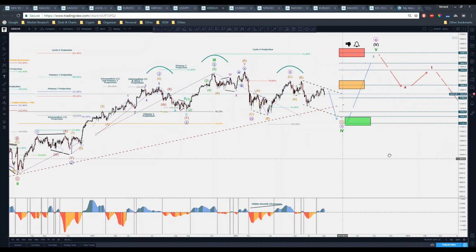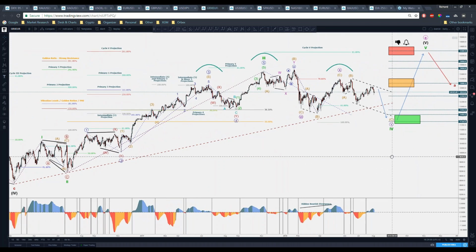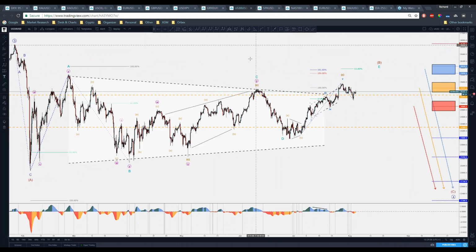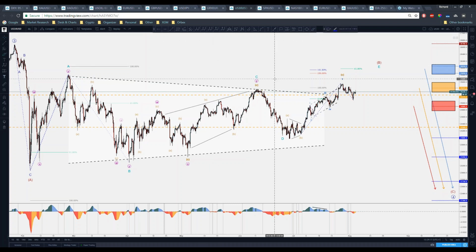I'm going to explain to you guys what I'm seeing further on. If you do stick until the end, then I'm going to go on these things and explain to you. Now, the US indices, I'm labeling them as in a complex pattern. I'm on the Dow Jones right here. I'm labeling it in a triangle formation, right?